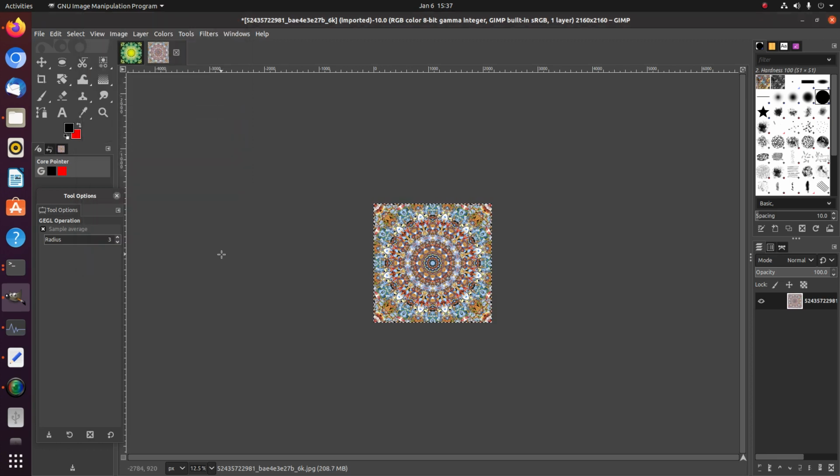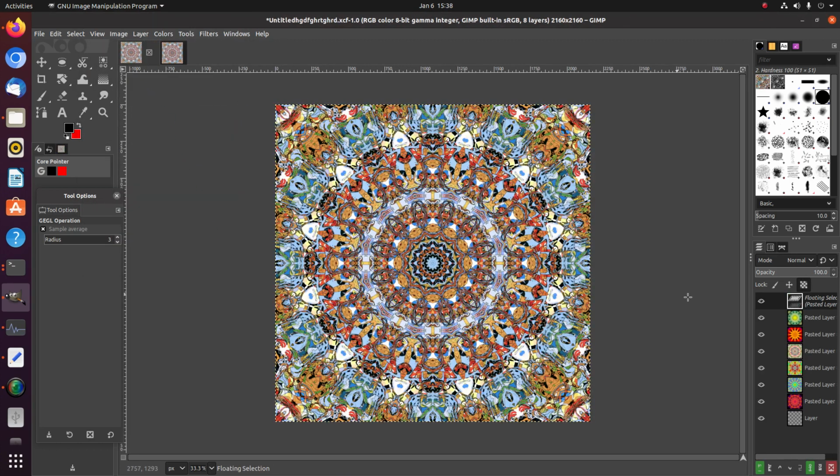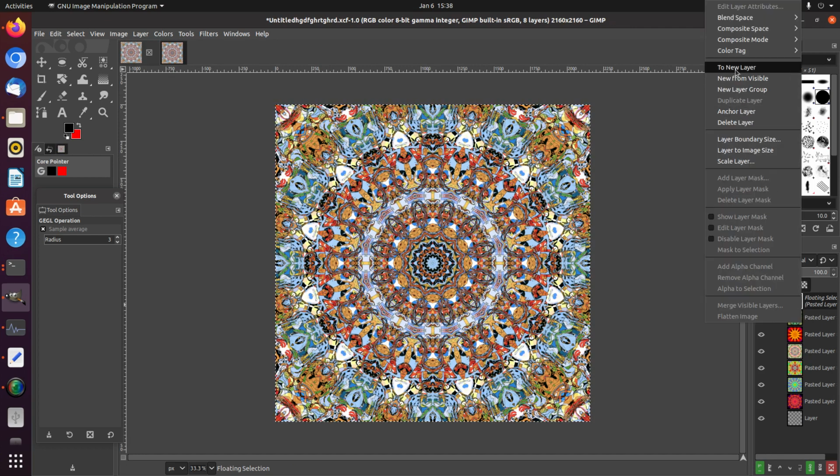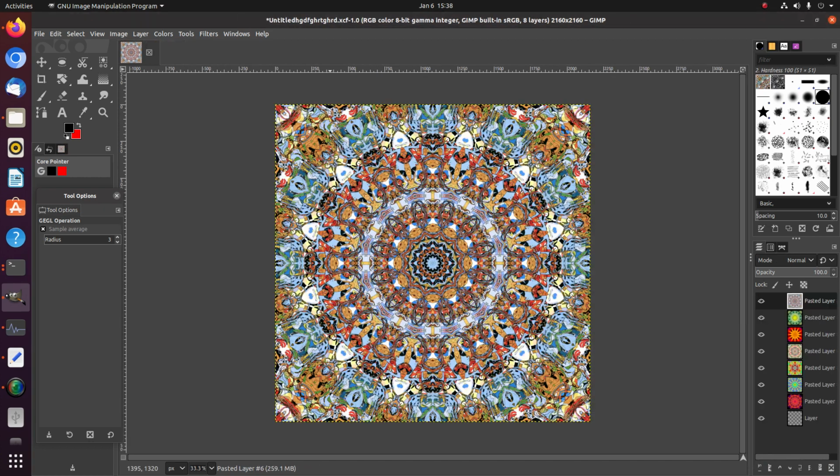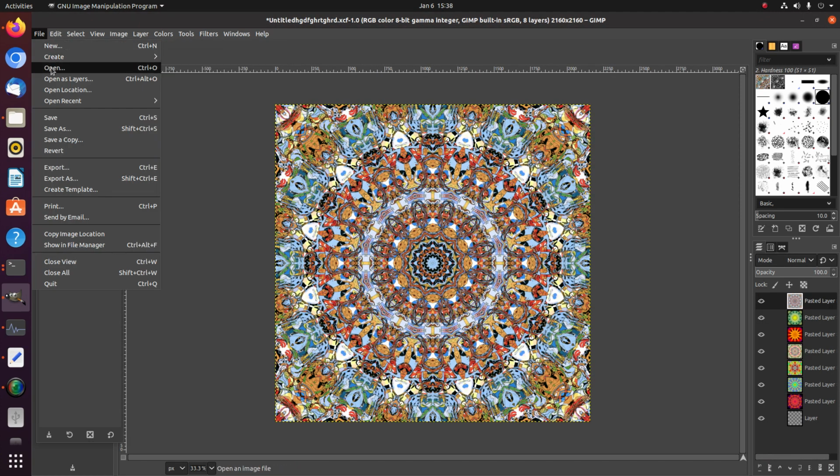That looks good. Control Alt, Control C, Control V, to new layer, close this one, file, save, file, open,